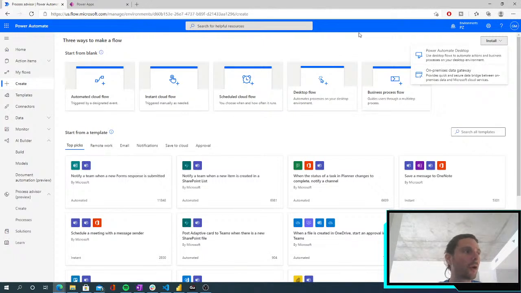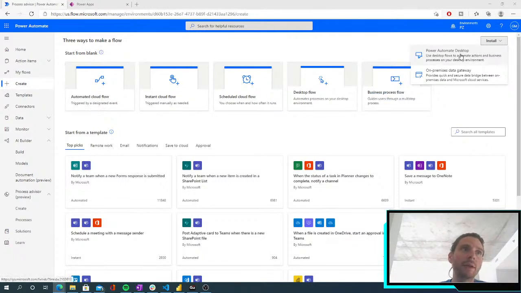We know what it is for, we know about the different components of it, we know how we can use it, we've seen plenty of examples. So right now we can create our first flow. Now there is a couple of different flows, but before just creating our flow, just notice this,